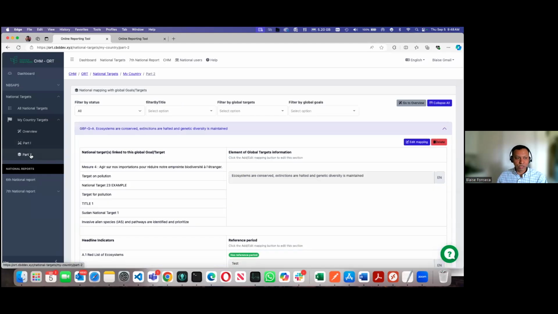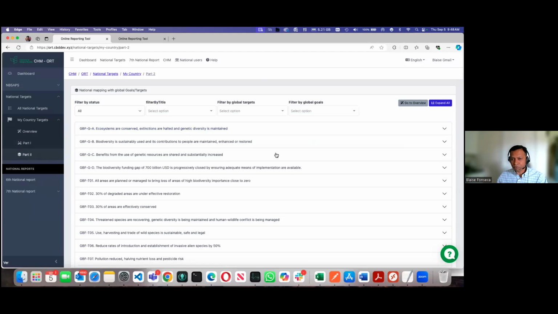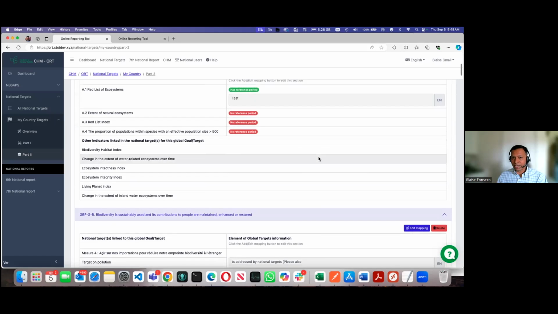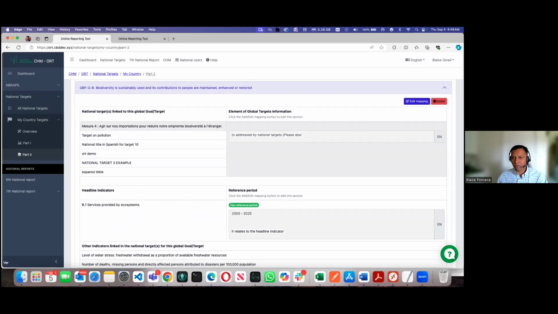Then once we finish with part 1, entering all the national targets, we go to part 2. So this is national mapping with the global targets. Here you will see all the global targets for which you have submitted a national target. So this is a list of all the global targets, and you will be able to provide the national mapping. So what's inside this national mapping is